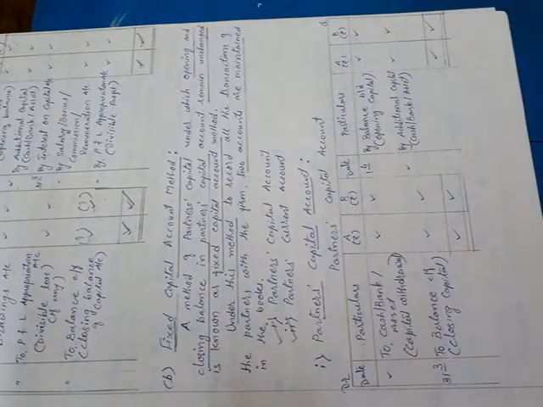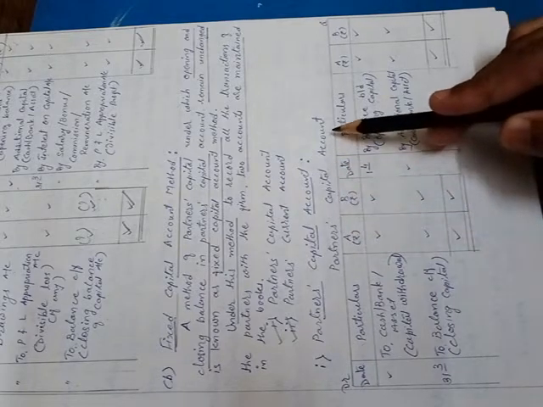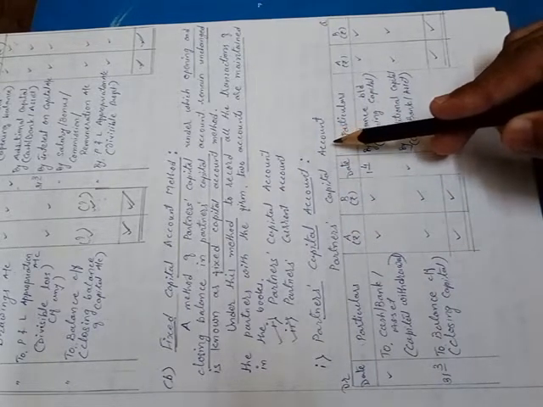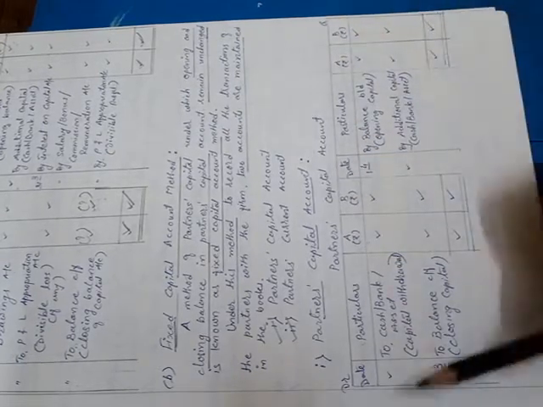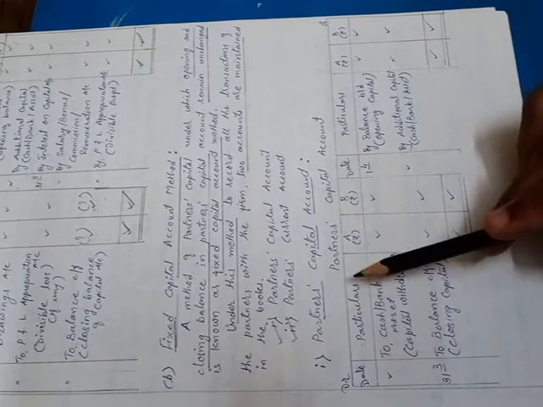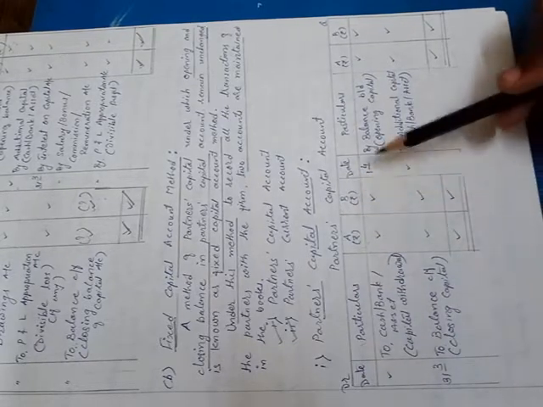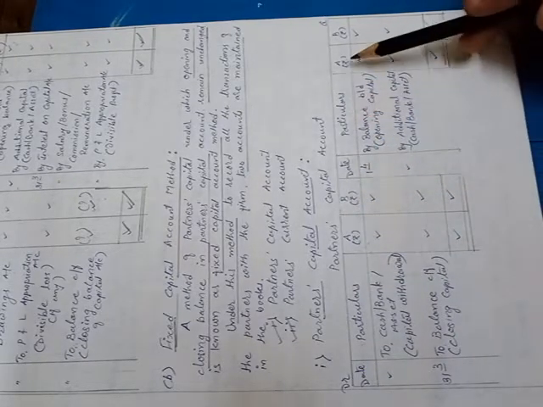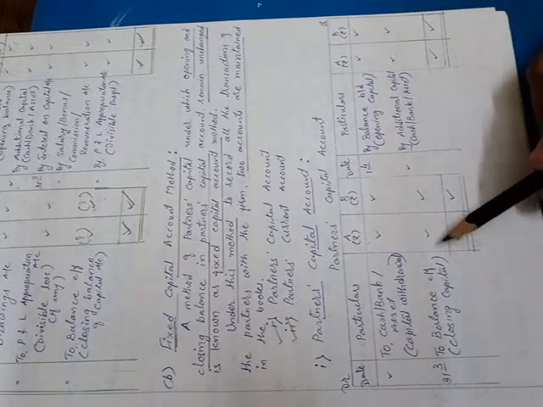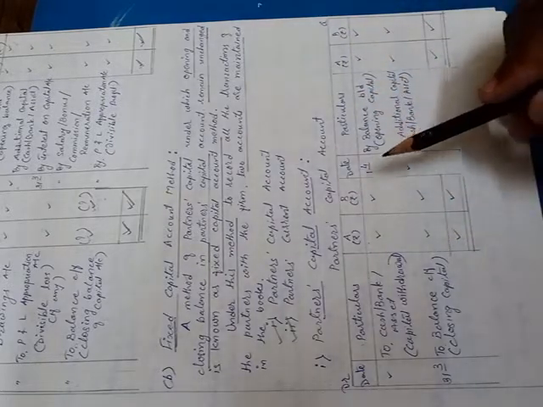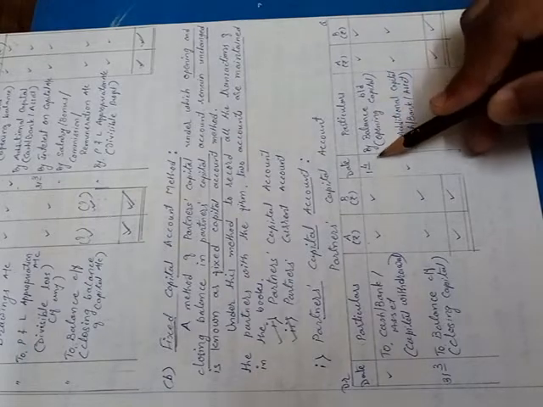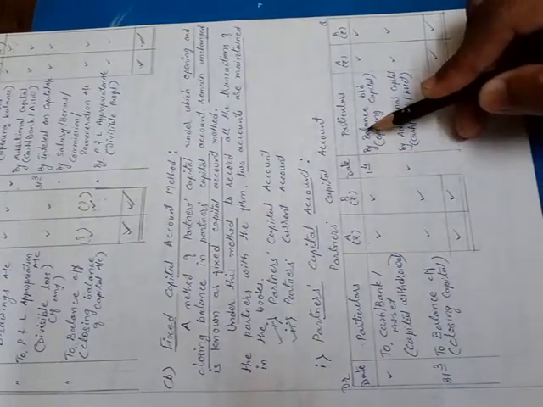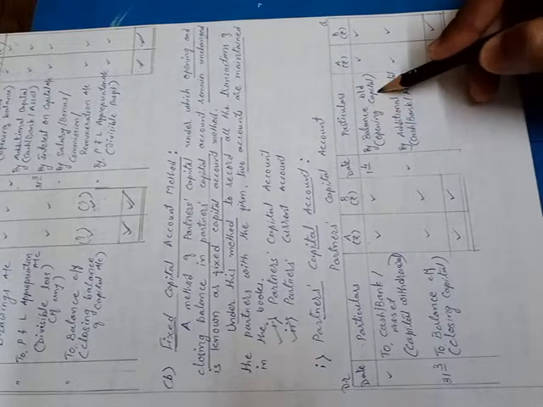See at the bottom of this page, this one is your partners' capital account under the fixed capital account method. In this capital account also I have assumed that there are two partners, A and B, and the same columns I have prepared: date, particulars, A amount rupees, B amount rupees on the debit side, and the same on the credit side. Now in this capital account, first thing you have to record is the opening balance. Opening balance normally has a credit balance for a partner's capital. So on the credit side of the capital account on 1/4 you have to record by balance brought down, opening capital.